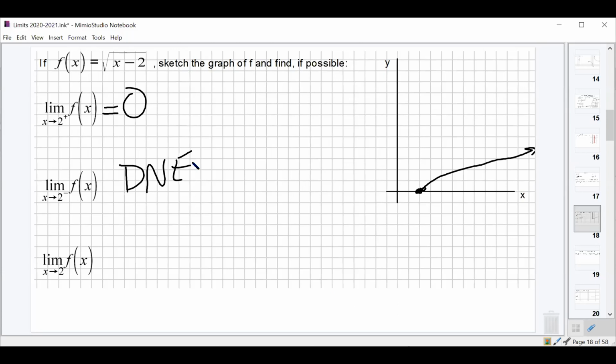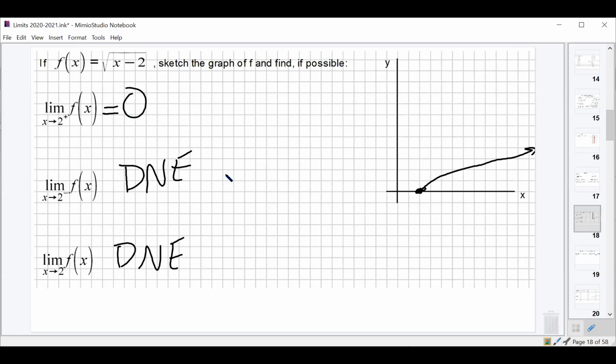Okay. And so now what if I ask you what's the limit as x approaches 2 of f of x? The limit doesn't exist because from the left and the right, they don't meet at one point. Exactly. So an important rule about left and right hand limits is that the left hand limit and the right